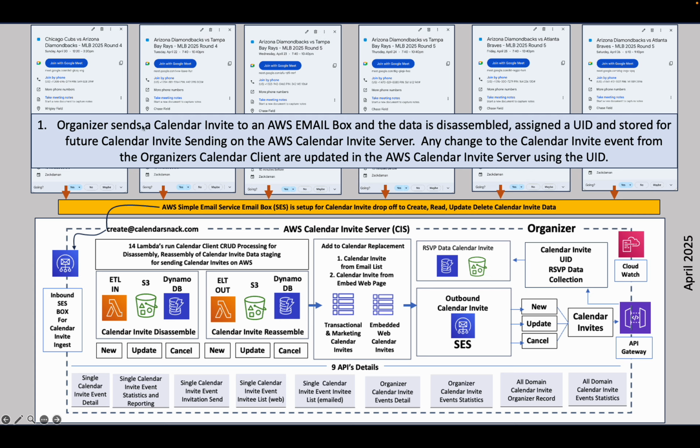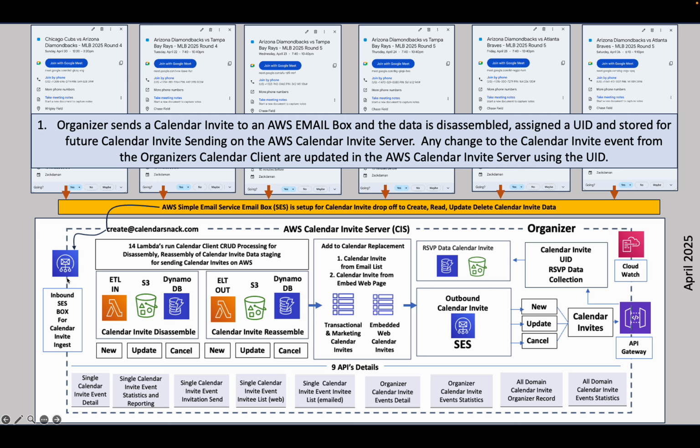The core construction of how this all works is that externally, customers are using their independent Google or Outlook calendar clients and sending data by using a simple copy address. The copy address in this case could be anything for your domain. In this case, for a demo domain, it's create@calendarsnack.com. So when these independent calendar clients send that MLB data to the processing box under the organizer's email address,